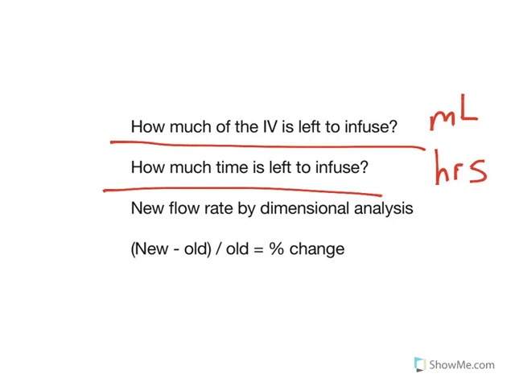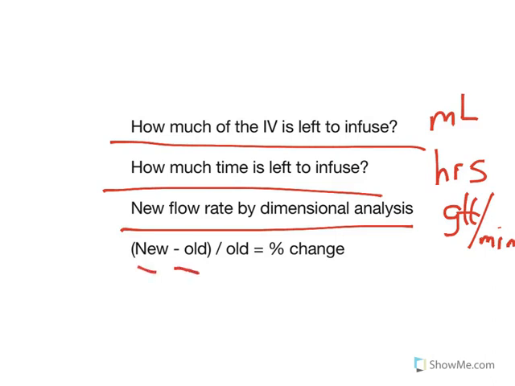Then we determine that new flow rate by dimensional analysis. Of course, that flow rate will be in drops per minute. And then finally, we find that percentage change by taking the new minus the old and dividing by the old. That will give us a decimal, which we then change into a percentage to check against our